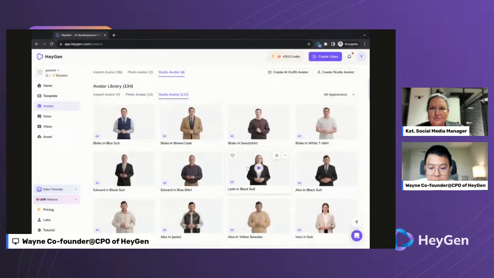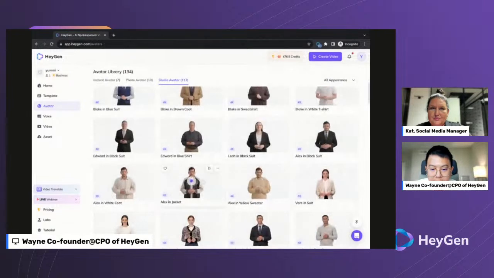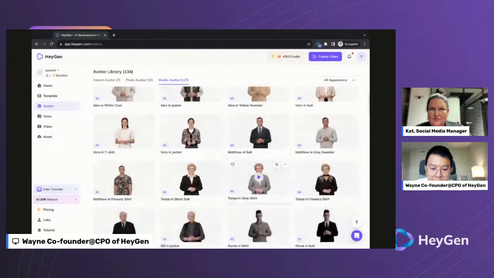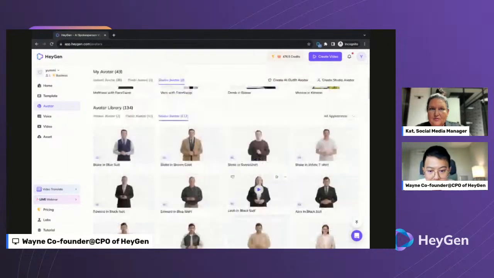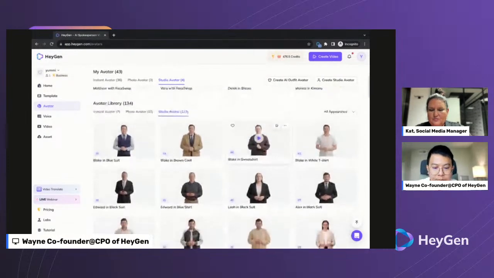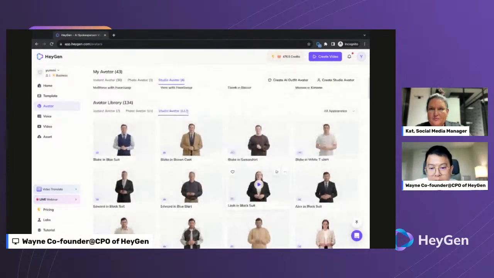It comes with studio level processing from beginning to end, like color correcting, background matching, and lighting. It's available for enterprise plans for more formal and serious business video creation.